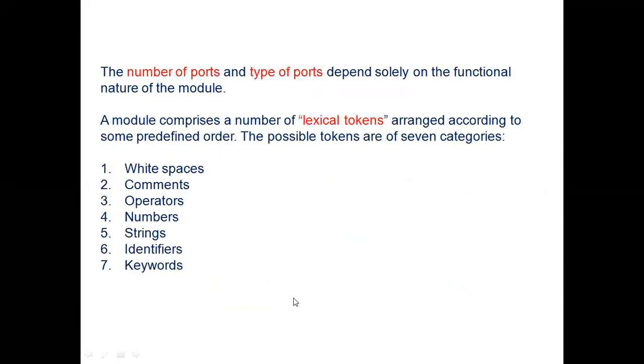Here one thing you have to remember. We have discussed three ports: input port, output port, in-out port. But it is not necessary that every digital circuit design must contain all these three ports. The number of ports and type of ports solely depends upon the functional nature of the module.